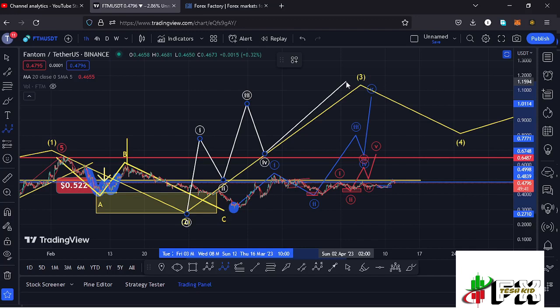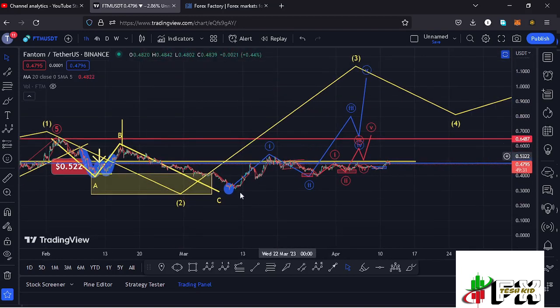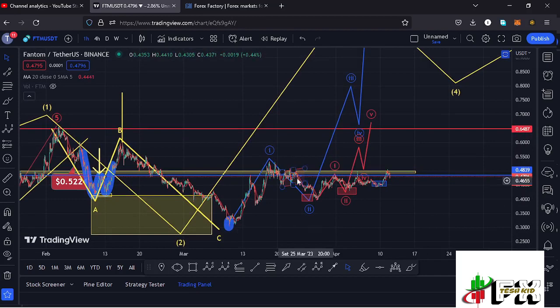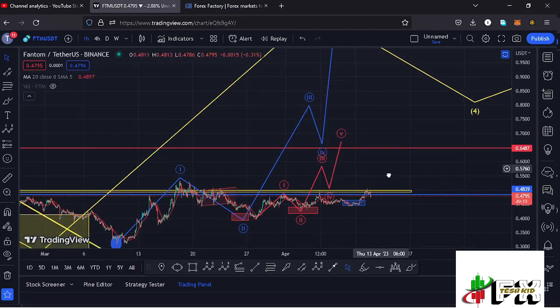And it is this micro Elliott wave count within the formation of this wave 3 that is going to give me the short-term scenarios. And I believe that is the move that is playing out over here in this Elliott wave structure in blue, where we have now peaked in that first wave, seen a corrective structure in the formation of this wave 2, and now my primary scenario is that whatever we are seeing is the formation of this